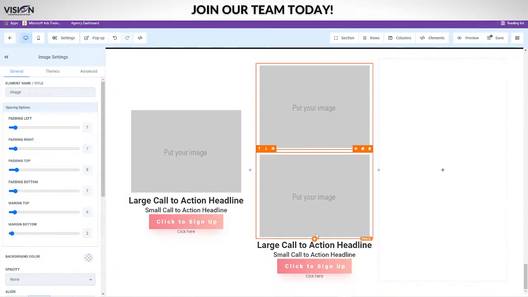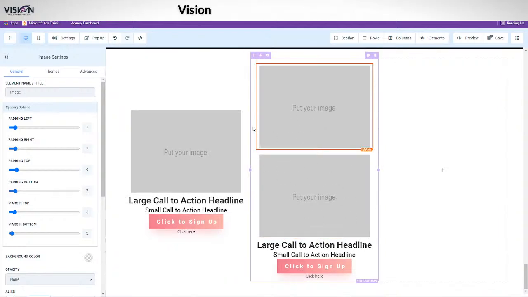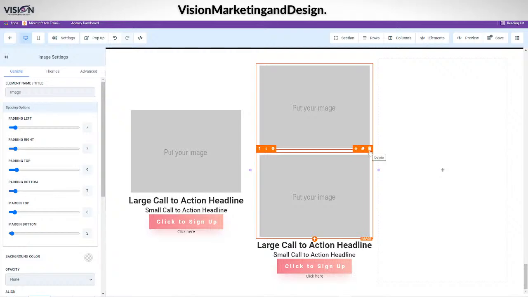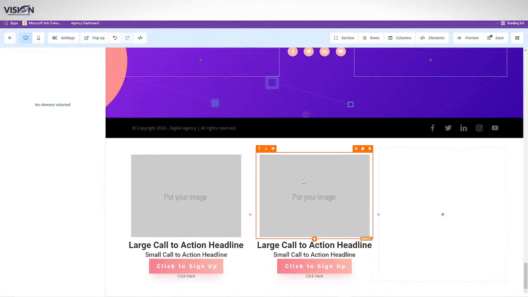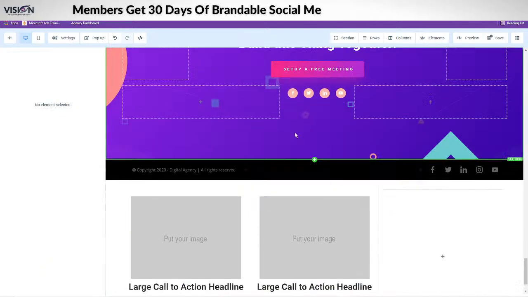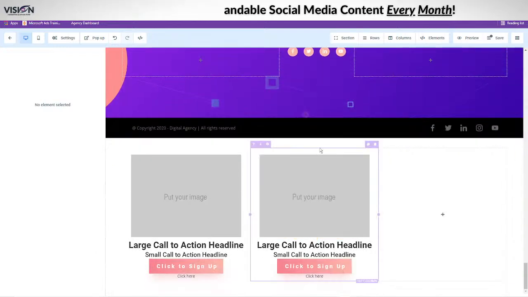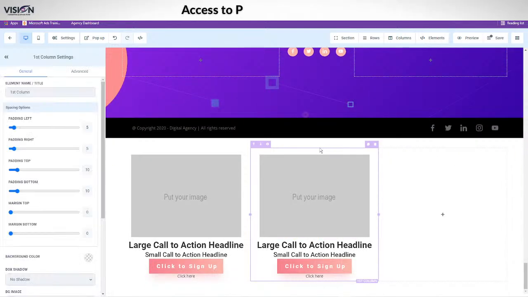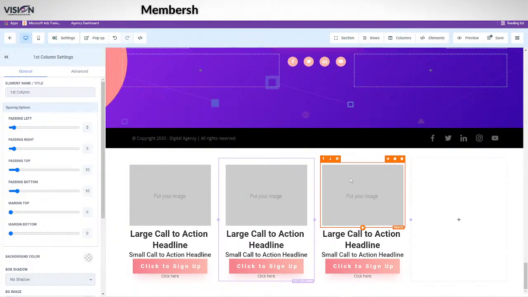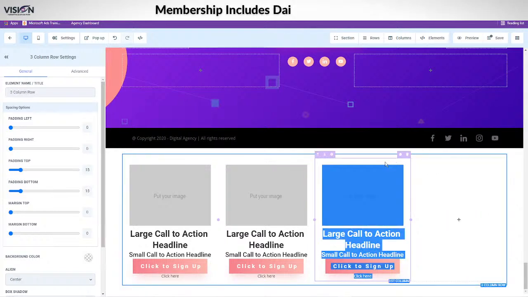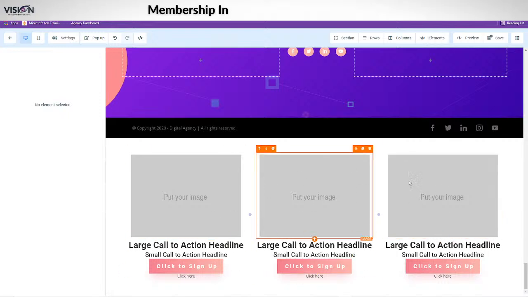Now, if this happens, all you need to do is, because we duplicated it inside of the element, that's why it did that. So if we want to duplicate this whole section, we're going to click on the purple, and then we're going to make sure to duplicate purple. And then you see that it just moved it over. We still have 4 columns. But what we want to do is go back to the purple. Oh, we just want to delete this purple. Okay, so now we have our 3 columns again.